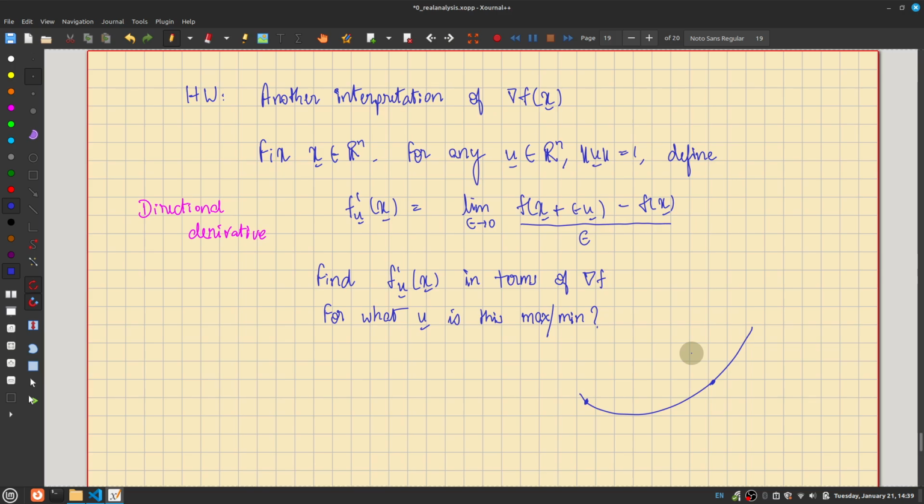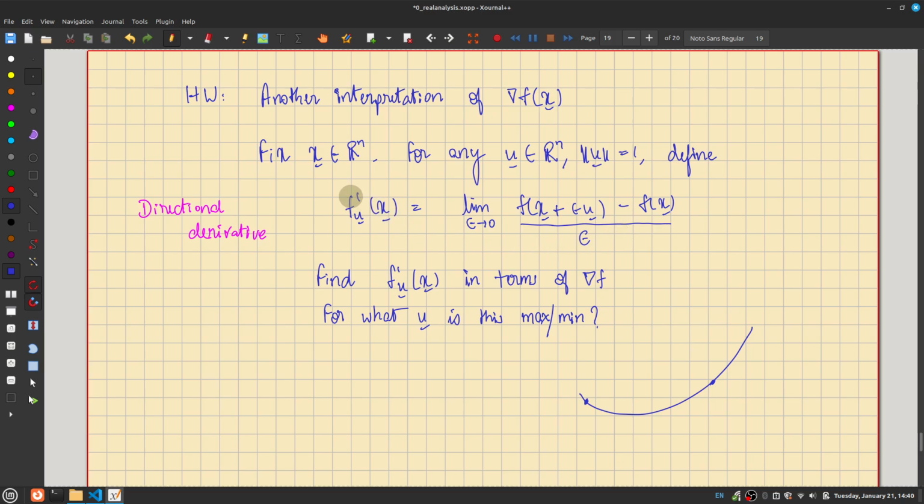And the magnitude of the derivative would tell you by how much the function is increasing, in some loose sense. Right. So another interpretation of the gradient of a function is that it tells us along which